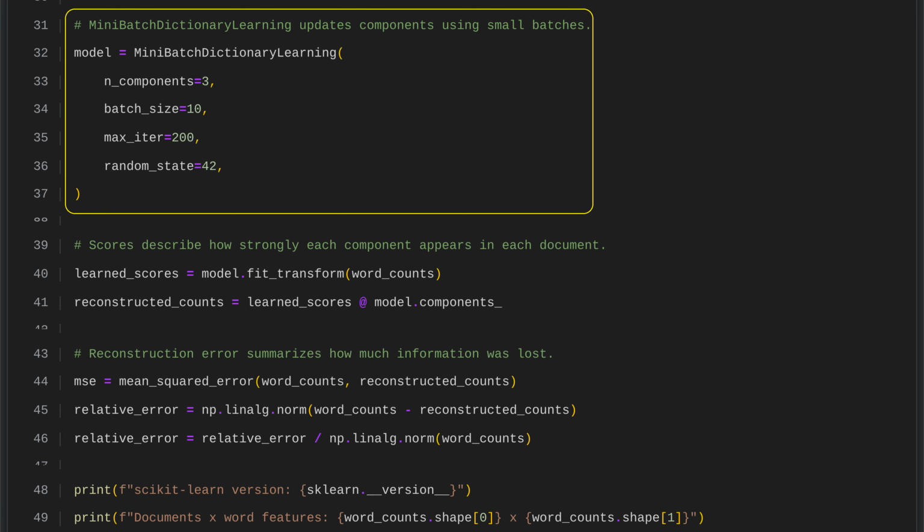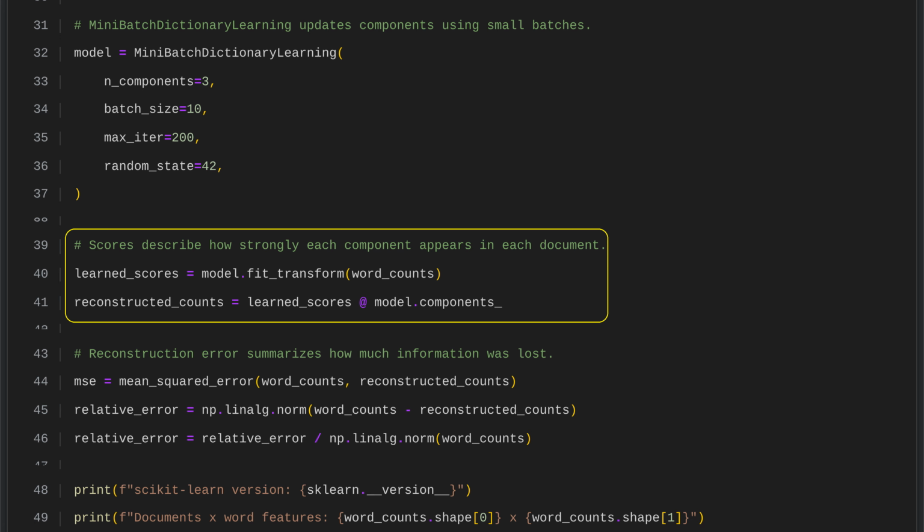We build a mini-batch dictionary learning model from Scikit-Learn to find 3 underlying patterns in the data. It updates the model using small batches of 10 samples, which helps make learning efficient for larger datasets. The model can run for up to 200 iterations, and a fixed random state ensures the results are reproducible. The model is applied to the word count data to learn how strongly each component appears in each document, producing